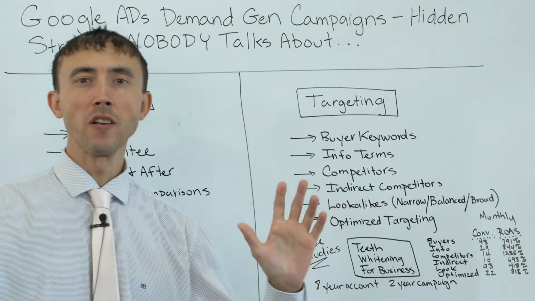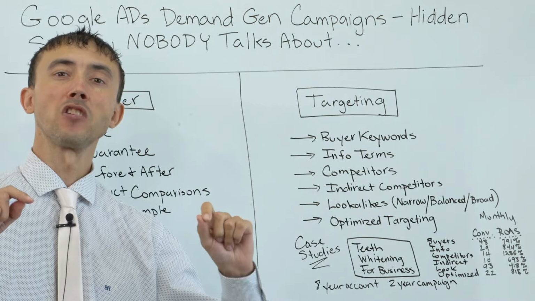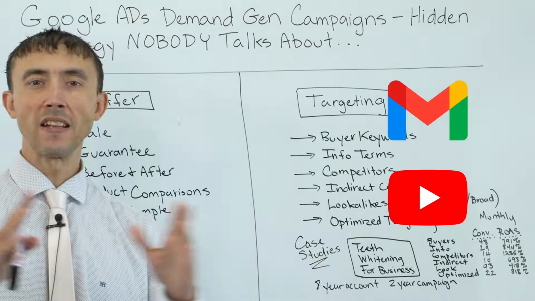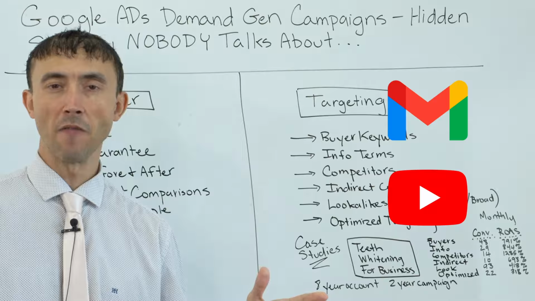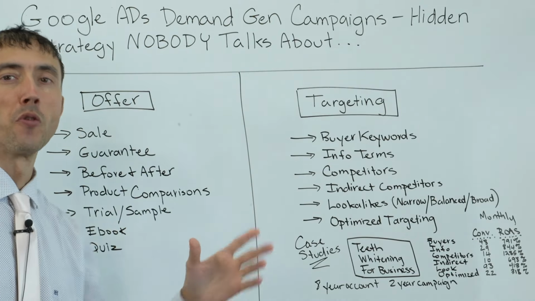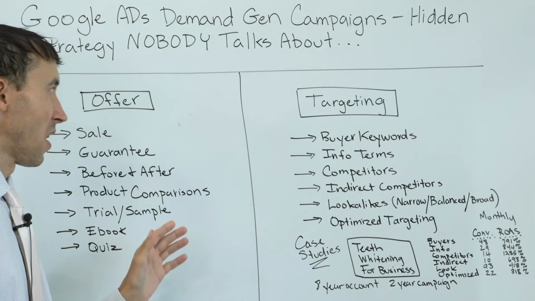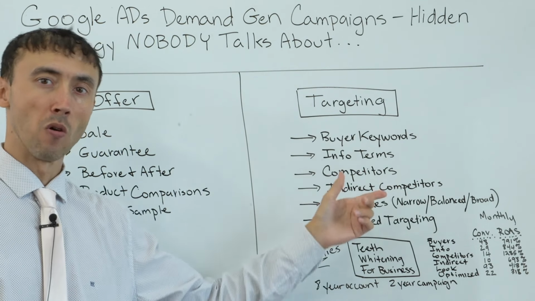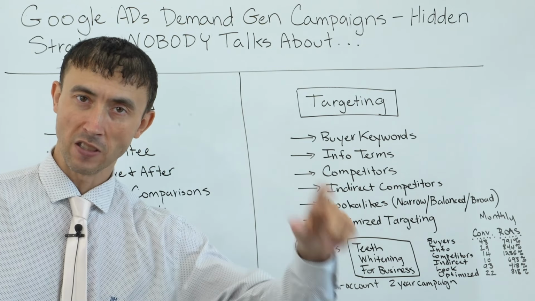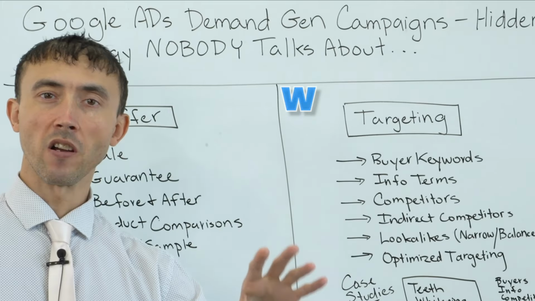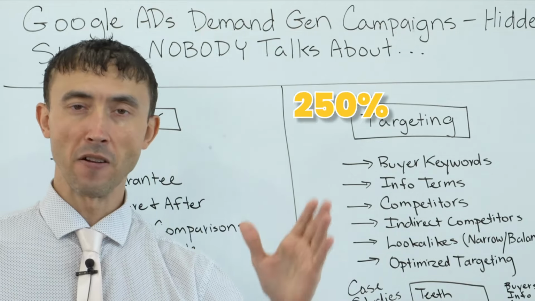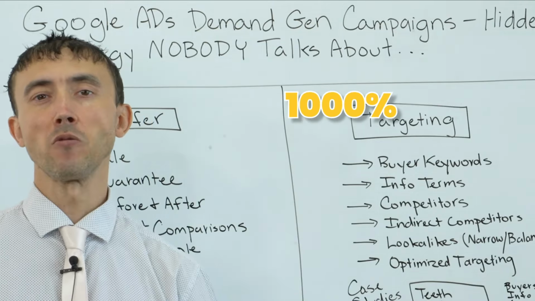So what you're going to do with demand gen campaigns, which gets your ads running on Gmail as well as YouTube, by itself, just those two sites, if you're not familiar with it, there are some special offers that you can run through your demand gen campaigns and targeting options to go along with it that will typically get your campaign to work every single time and work with great ROAS, great ROI of 500 to 1,000 or even greater